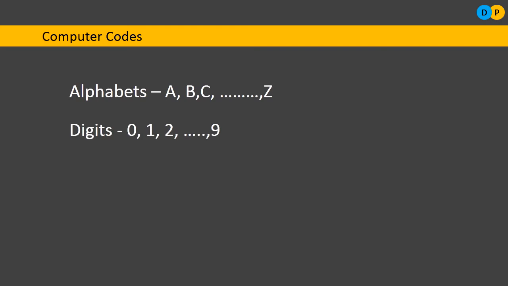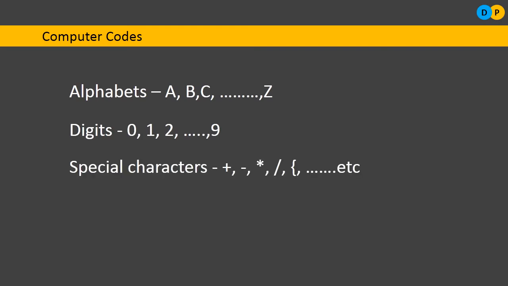It can work with alphabets A to Z, both uppercase as well as lowercase. Followed by that, it can work with digits from 0 to 9 and certain special symbols like the addition symbol, subtraction symbol, multiplication, parenthesis, flower brackets. A lot of these symbols. But a computer cannot recognize all these symbols. It doesn't know what is A, it doesn't know what is 5 or 7, or what is forward slash or backward slash. But all these symbols are converted into an appropriate format so that the computer can understand.